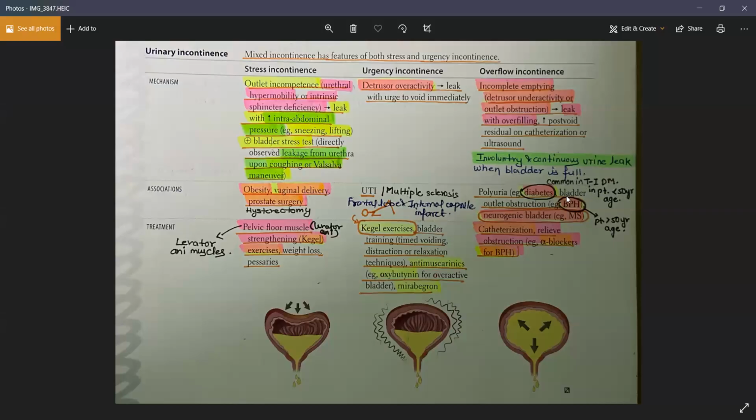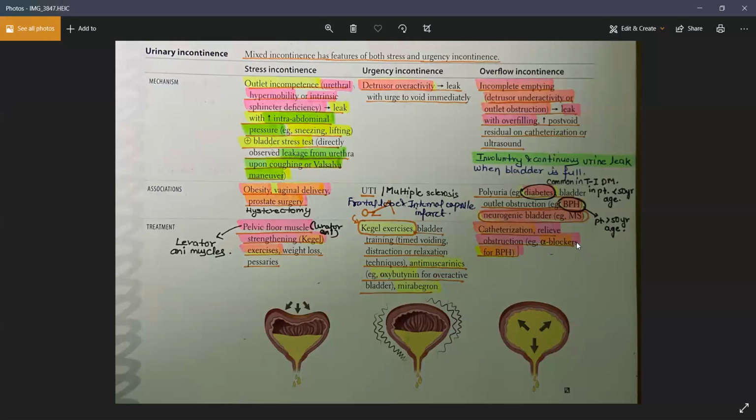In BPH, because BPH is mostly present in patients aged more than 50 years, you will suspect overflow incontinence because of BPH only when the patient is more than 50 years old. Less than 50 years, think about diabetes if they have a history of diabetes for more than 5 years, of course. Now, treatment: again, giving the patient relaxing agents like the alpha blockers.